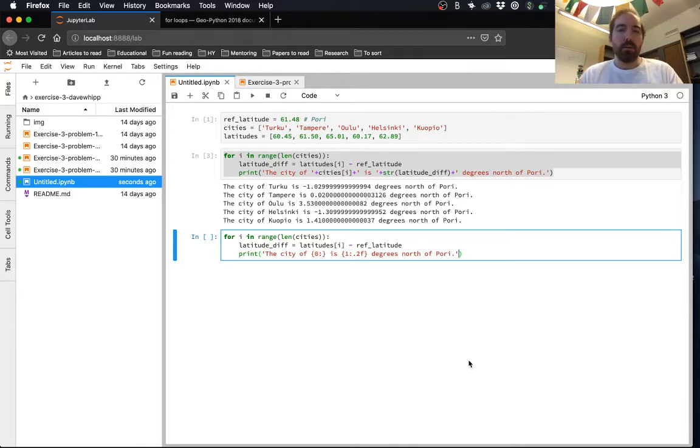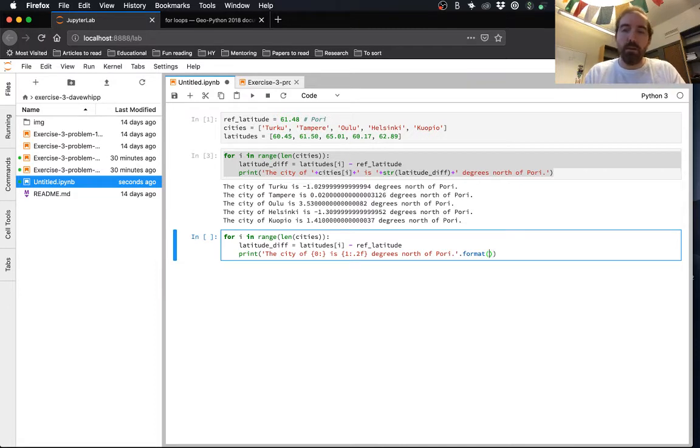These are placeholders for where you want to format some kind of output. When you put these little curly brackets in, 0 is going to be the first thing where you want to format some output. 1 is going to be the second thing where you want to format some output. The indexing works kind of like Python lists. You put some stuff inside quotation marks like we've done here, and then you add this dot format